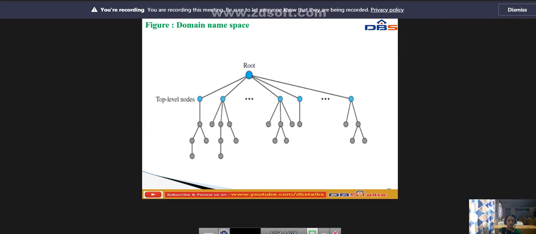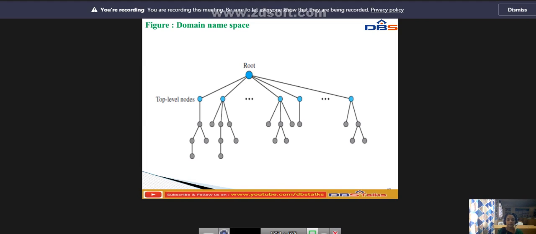This means that a full domain name always ends in a null label, which means the last character is a dot, because the null string is nothing.